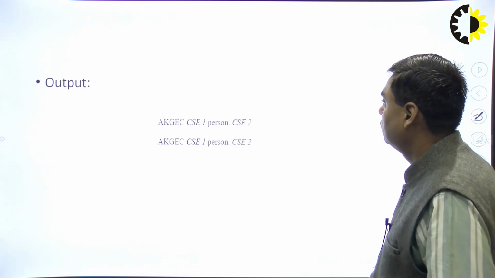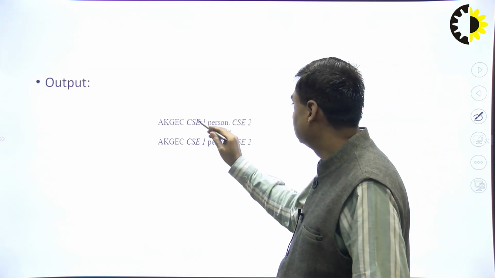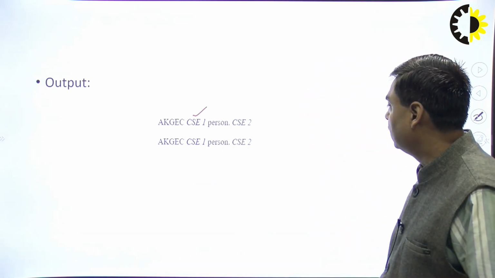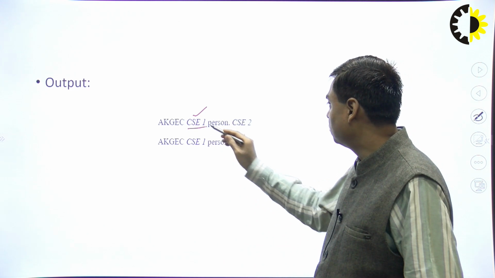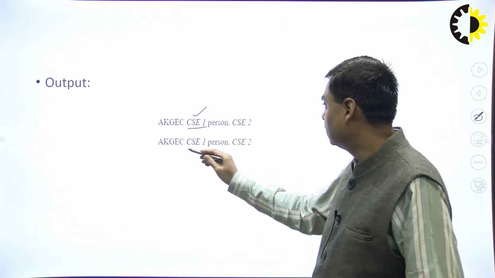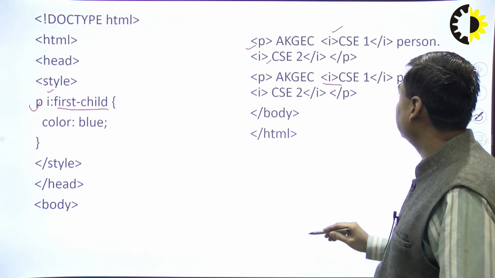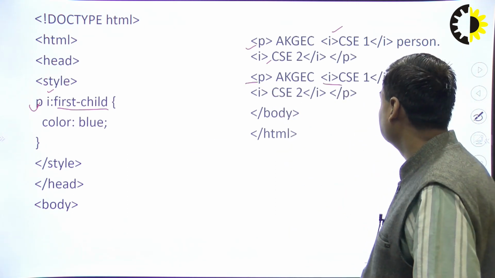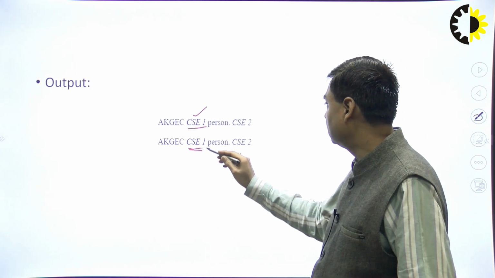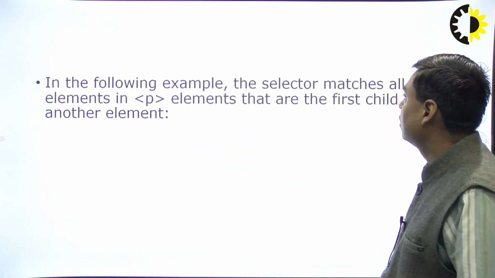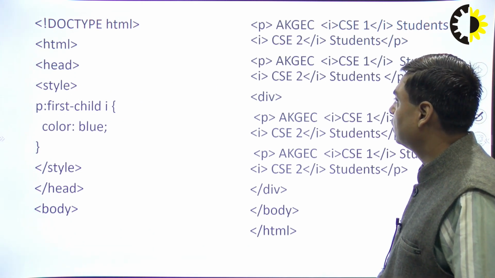Now you can see the output. This is the first child I element, and accordingly it is displaying the output. The color is blue, and similarly again it is the first I element of this second P element. So it is again displaying the CSE1, the first I element, that is color equal to blue. Now when we run this program,